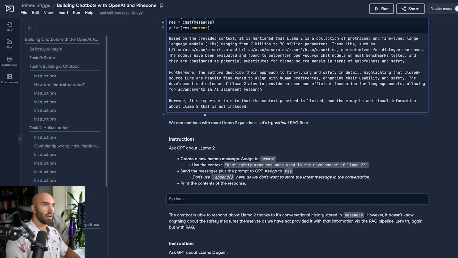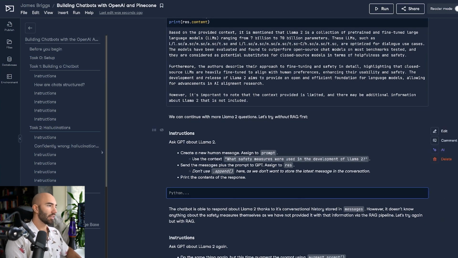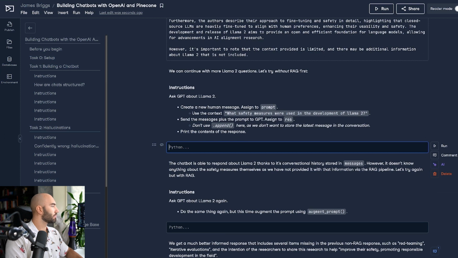So let's try some more Llama 2 questions. What I'm going to do is create our prompt, but do it without the augmented prompt initially, and then we'll add in the augmentation after, so we can compare what the results are like between the two. So I'm going to pull in this question. I'm going to do prompt equals human message again, as we have done already.